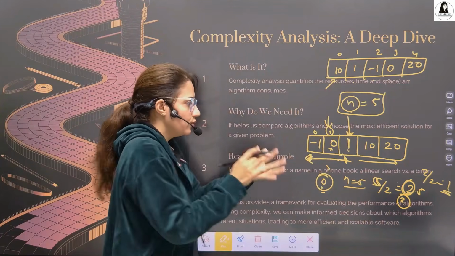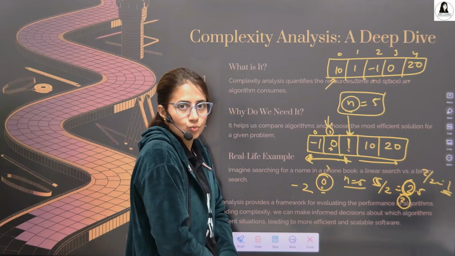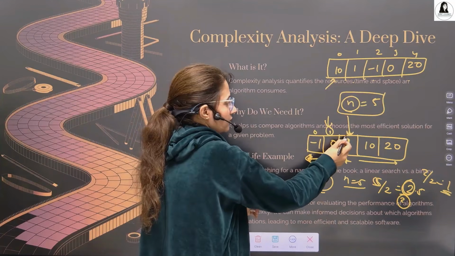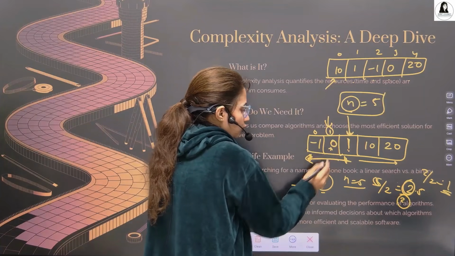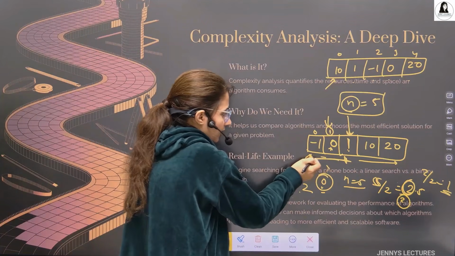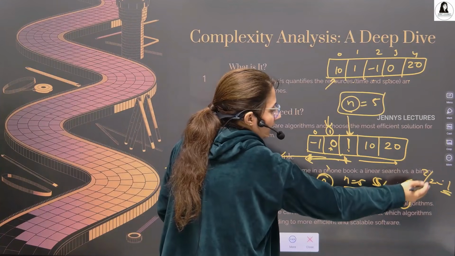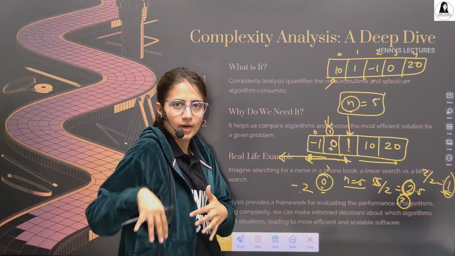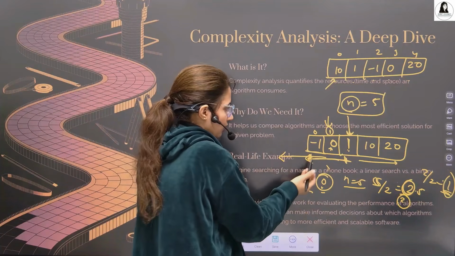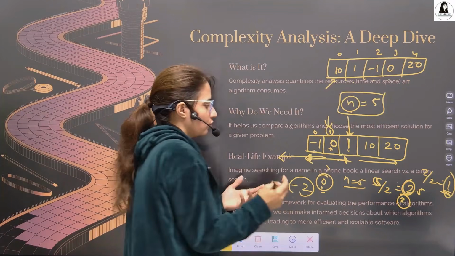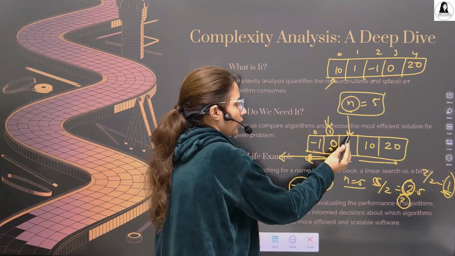You will get it. If suppose you are searching for -2, this is not -2. So one comparison is this, one comparison was this. Two comparisons we have done. Now is -2 less than 0? Yes. So we go to the left hand side of 0. And 1 divided by 2 is obviously 1 only, so we will not divide it further. We have only one element here, so we compare -2 with -1. It's not -2, so the element is not present here. So we have done only two comparisons. One is this, one is this.